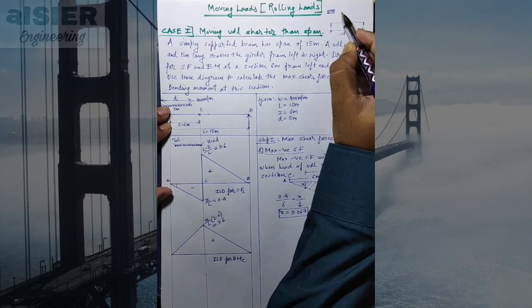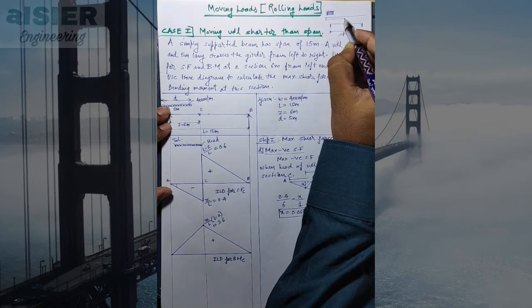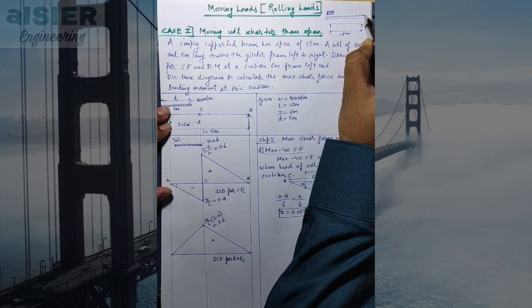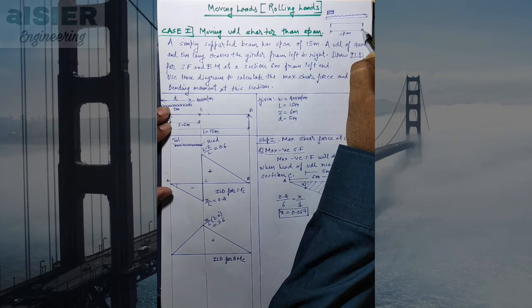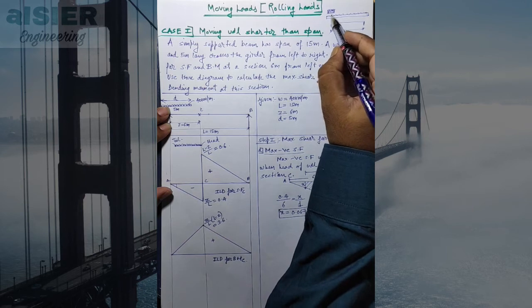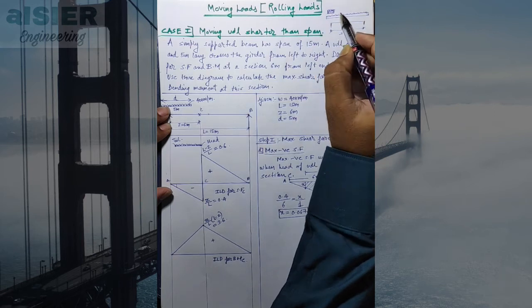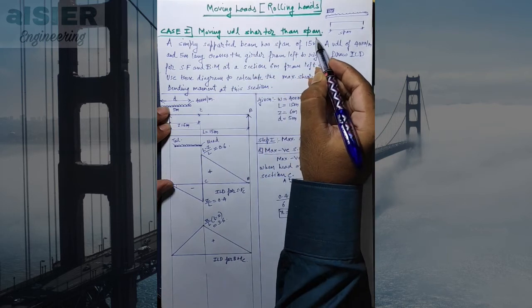Now in second case, let us consider that a train, a whole train is moving or crossing the bridge. Now in this case, the UDL is larger than the span, right? So second case we are going to see when UDL is larger than span. Here our case is a single wagon is crossing the bridge, and therefore this case is moving UDL shorter than span.